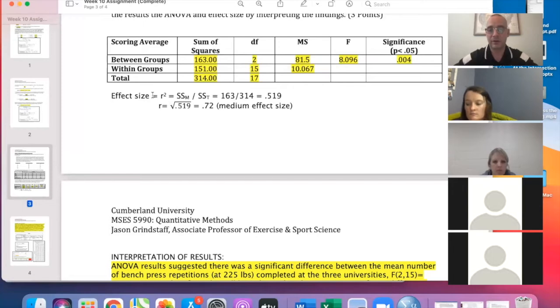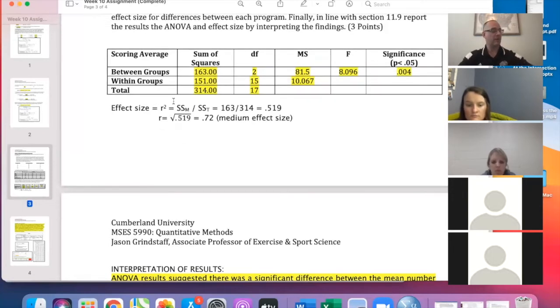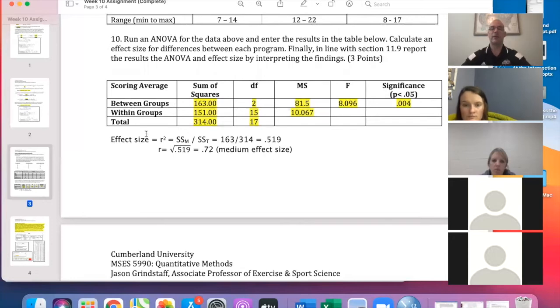And we can run our effect size. Okay, so in this case, when we determine that something is statistically significant or not significant, we can run our effect size, which tells us the magnitude of the effect, the magnitude of difference. So in this case, your formula for our effect size,